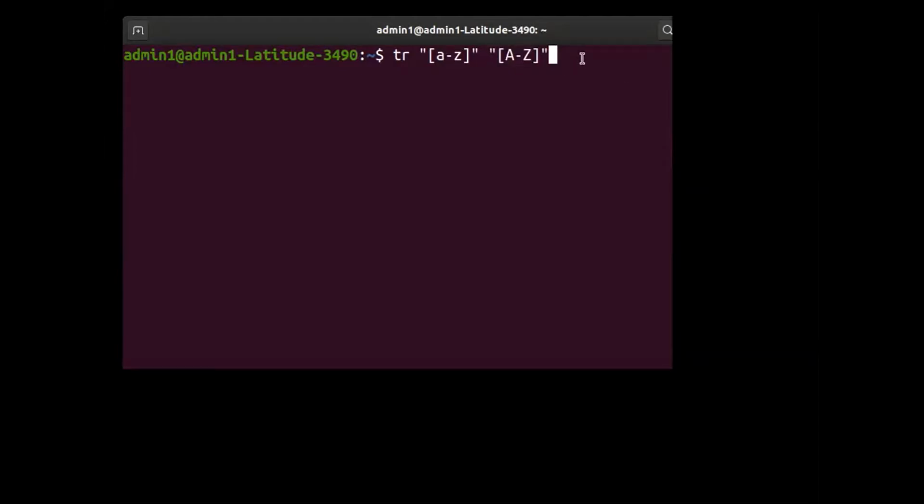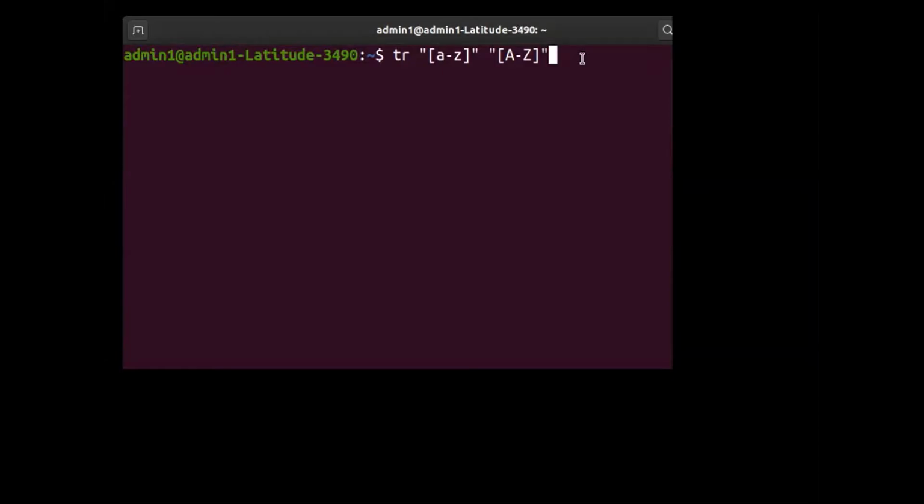Now the question is from where the tr command is taking its input. As you have already made a note, the tr command will not take input from a file, and hence in the example that you see in front of your screen, you do not encounter any file, right? When the situation is like this, the tr command takes input from the standard input device. I have neither given a file name nor used a piping mechanism.